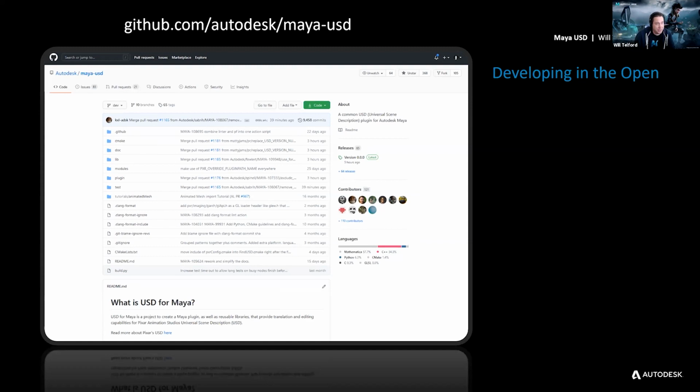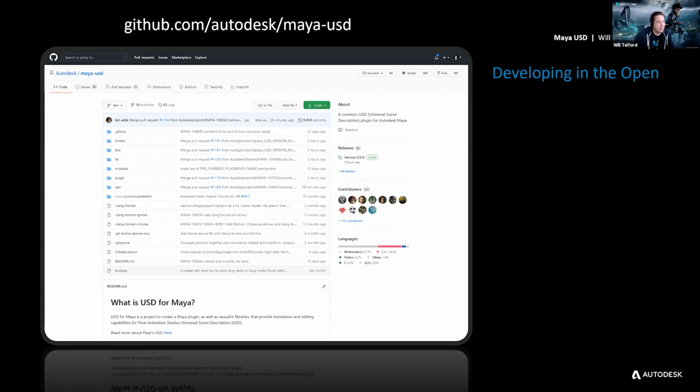Now, the great thing about this is open source. It's decoupled from Maya. It's a plugin. So, within the next few weeks, there's going to be an updated installer for the Maya USD plugin that's going to bring even more features. So we have the ability to keep dropping features, and you as users have the ability to engage with us and talk with us. I've put the website here,